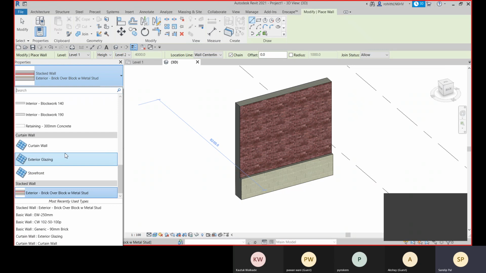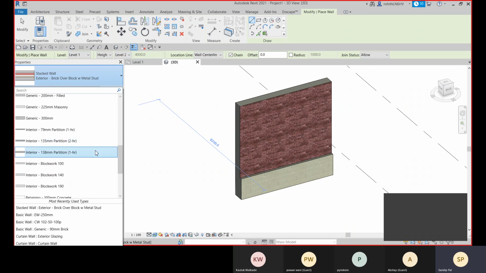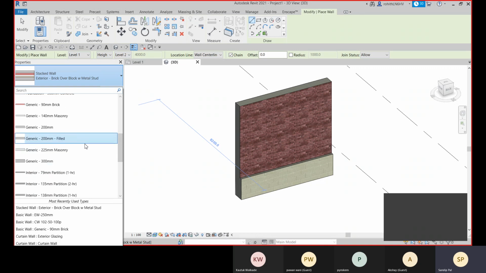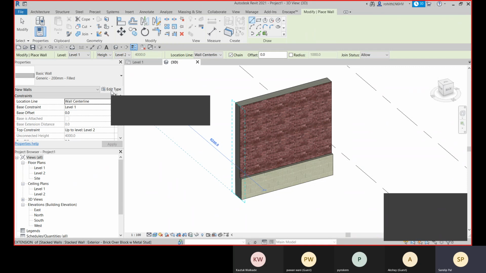So first we need to create some compound wall like this. The bottom wall or the top wall, I can create it as a compound wall or generic wall. Here we have this generic 200 fill. I will use that.